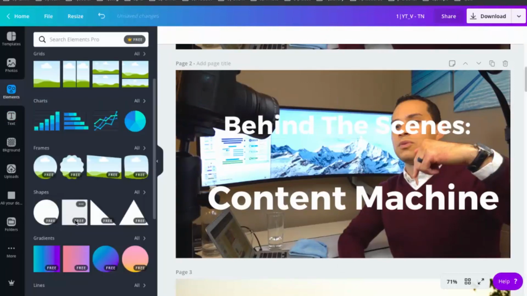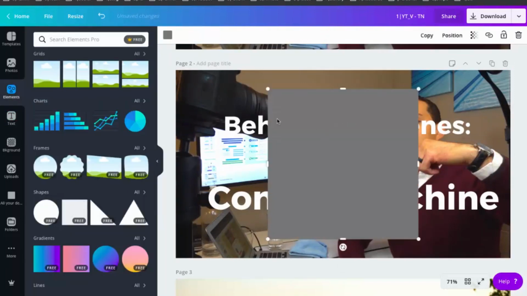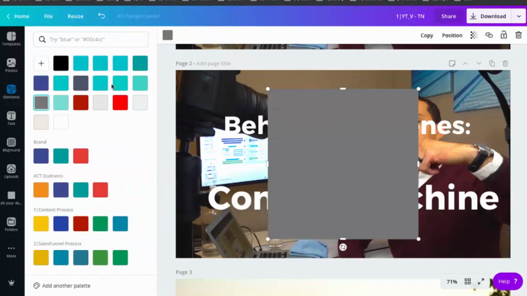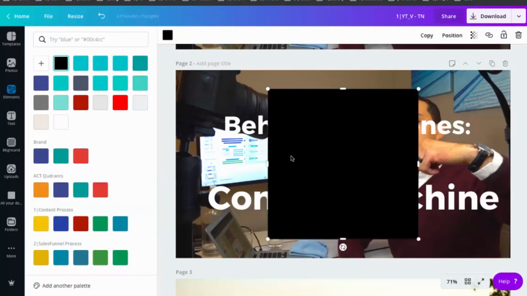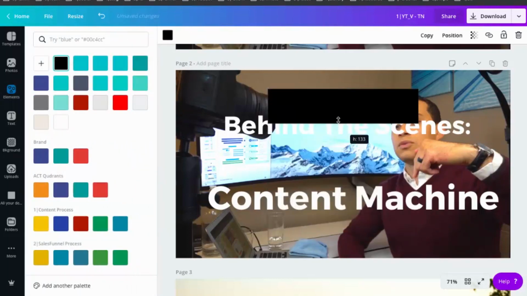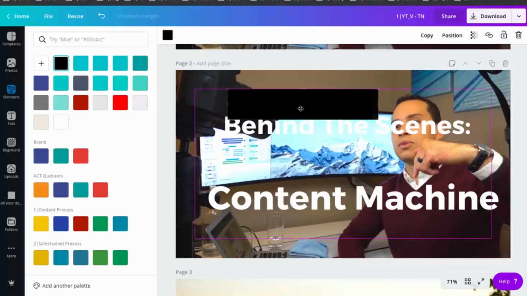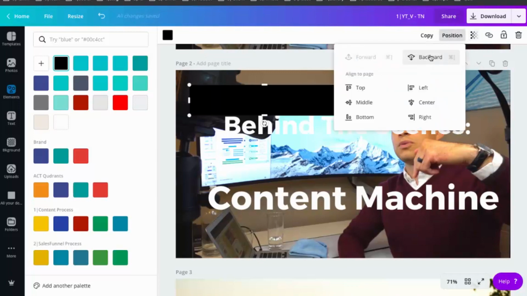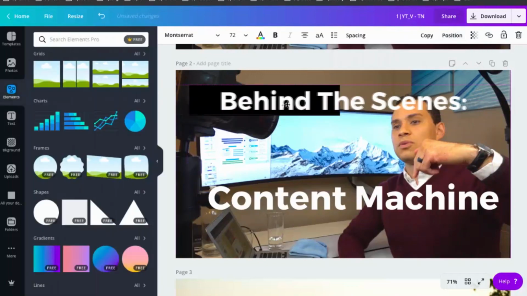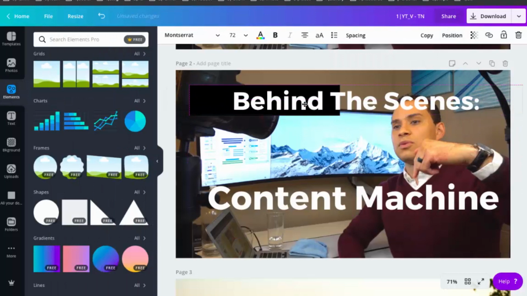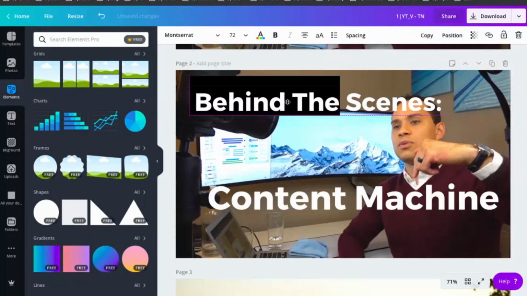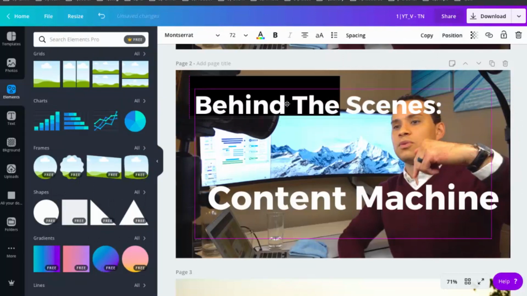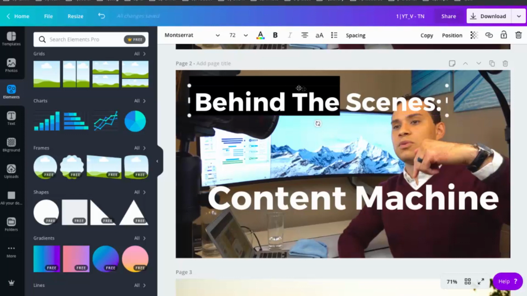We'll come over here to Elements and click on the square, and we'll use it as a background to help make the thumbnail text significantly easier to read. So I'm just going to be real plain and do black and white. You saw from the examples earlier, you can play with the colors, and then we're going to have the position go backwards, and that way we can click and drag the text on top of it. And something to note, just in terms of saving time, is putting the text box a little bigger and then putting it in the corner.